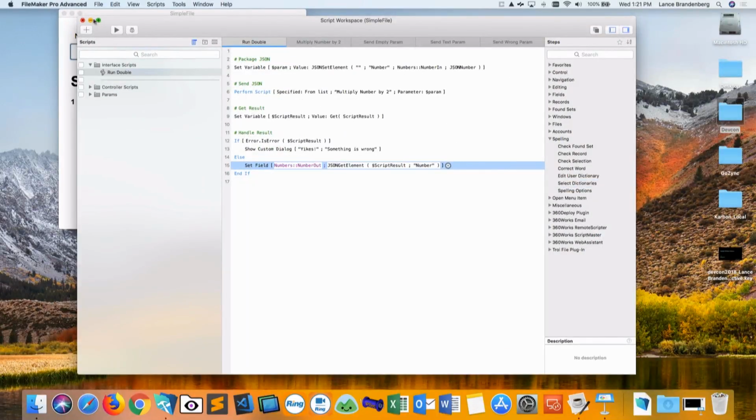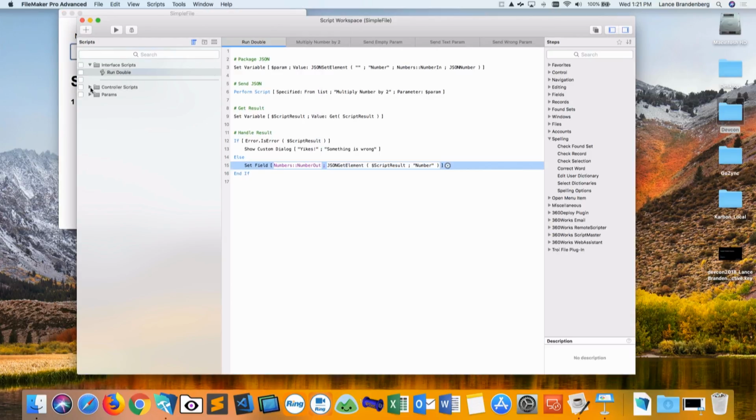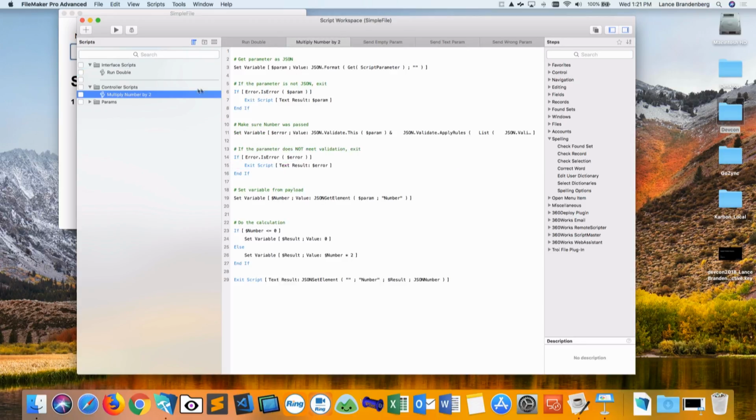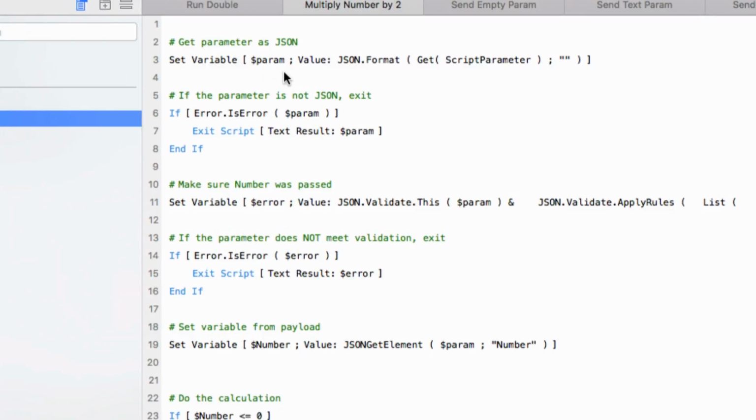Okay? Now we do have one rule here. It's -5. If we put any negative numbers, it's going to return 0. So now you can imagine what the controller script looks like, right? It's really simple. It just takes that thing and multiplies it by 2, and we're done. No, we don't make things easy. So this is actually a common pattern as well. This is a controller script. So this one is really taking in